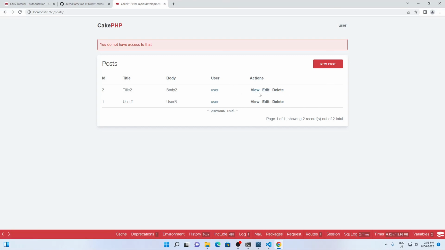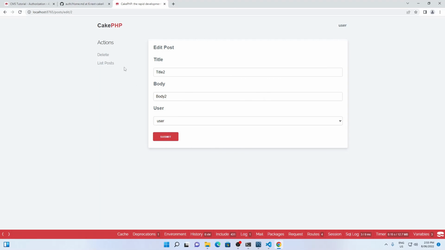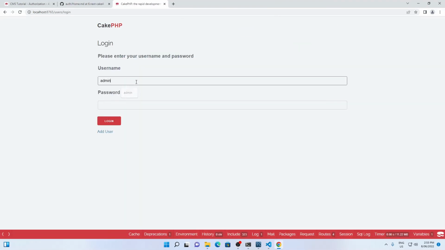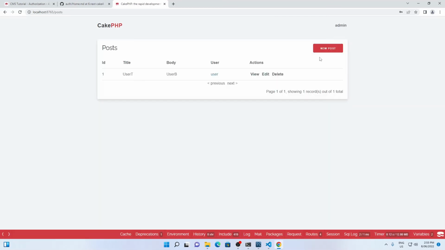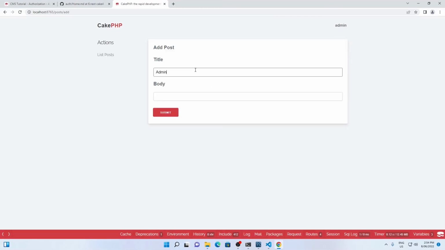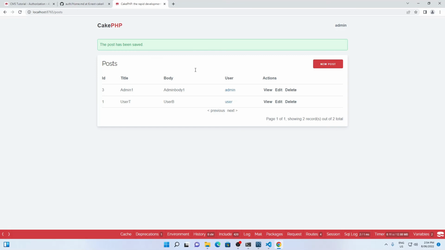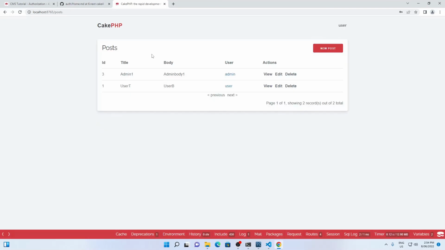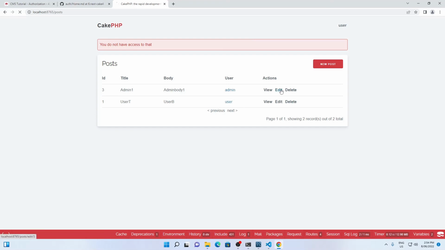So now we can go back to our posts, and as a user, let's see what happens. Okay, we're now allowed to edit and delete our posts. Let's make a change, log in as admin, create a new post, admin post, and then again log in as user. You can see that if I try and delete the admin's post or edit the admin's post, I can't do that. So that's how we